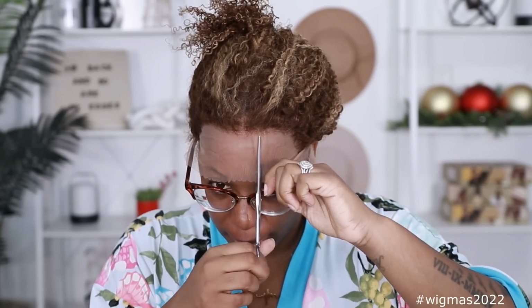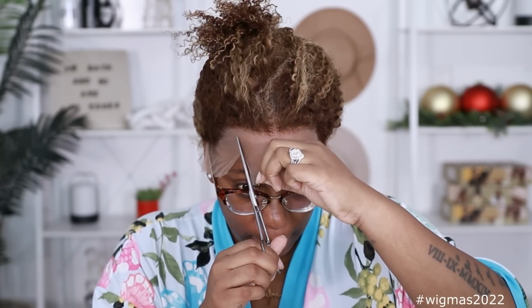The sides are looking okay for the look that I want. I'm gonna be wearing the hair all out anyway and just kind of, you know, make it bigger. First, I need to cut this lace off, like so. Cut it in 3 sections, and then you're gonna use your razor or your scissors to get up close to